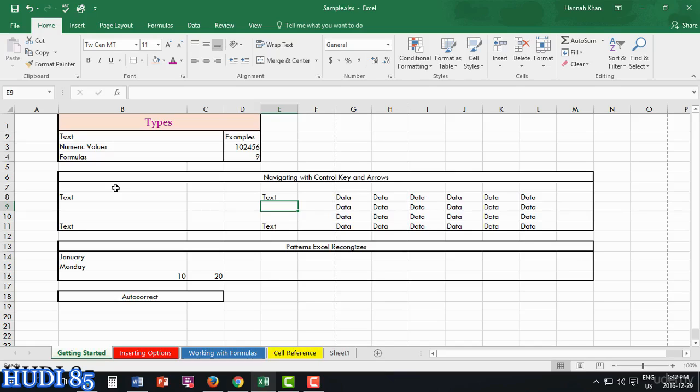Stay tuned next, as next we'll be looking at patterns within Excel that it recognizes. In this video, I'll be showing you how Excel recognizes patterns within your workbook. So as you see here in our third table that I have provided for you, we have the month January, we have the day Monday, and we have a pattern that's going up by 10, which is 10 and then 20. Now, starting with January, you'll get a cursor if you go to the bottom right hand corner,